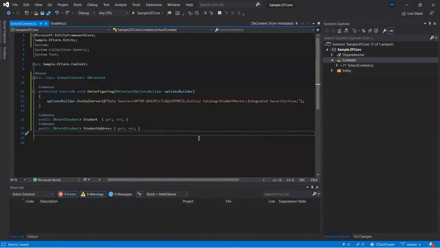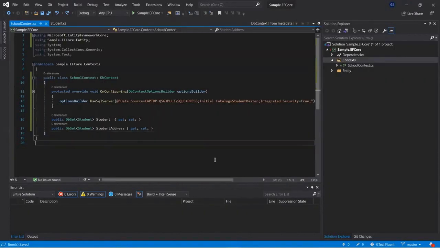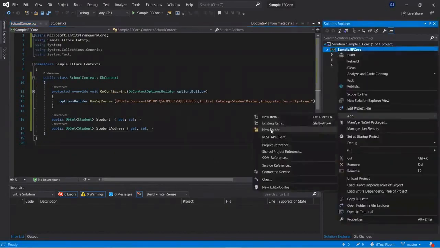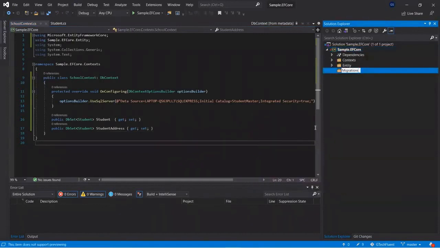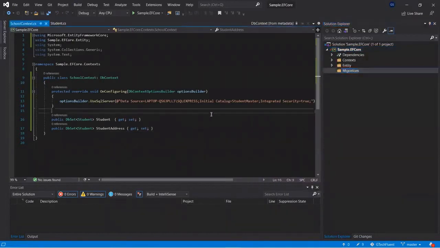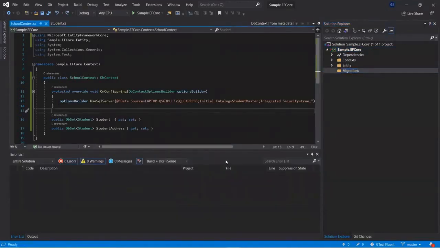Next step, we need to create the migration, and that will create the database for our application. So let's add a folder here called Migrations. Right click, add new folder, call it Migrations, enter. To run the migration, you can use either the Visual Studio CLI or the Package Manager Console.